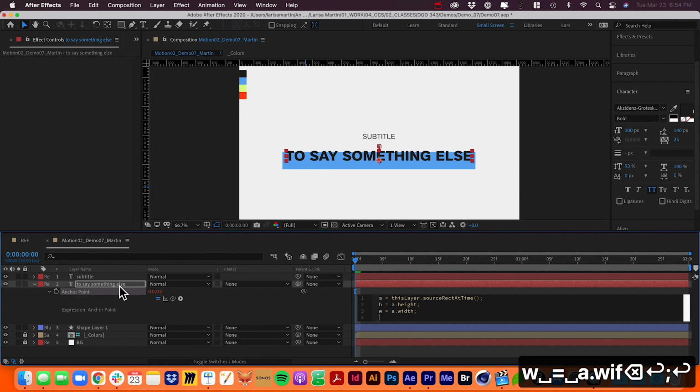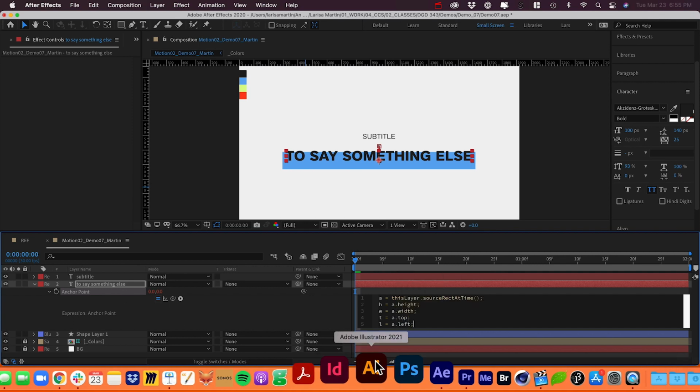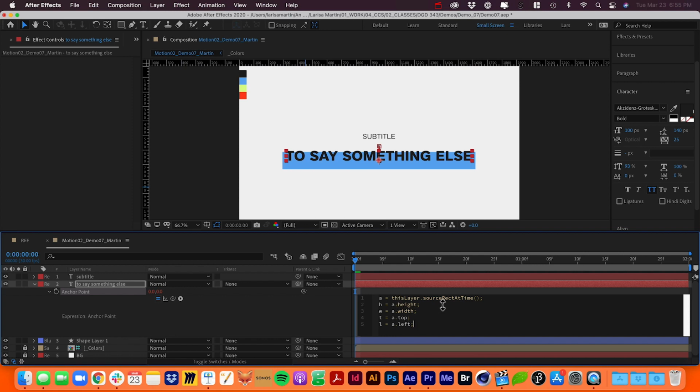And now 2 new ones, we're going to do T equals a dot top and L equals a dot left. So we are calling out the height and width of this layer the same way we called out the height and width of this layer before, but with the box. And now all we have to do is some simple math. So in order to get the anchor point into the center, we want to say